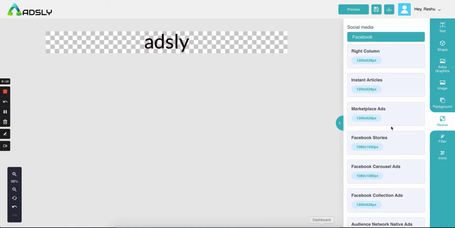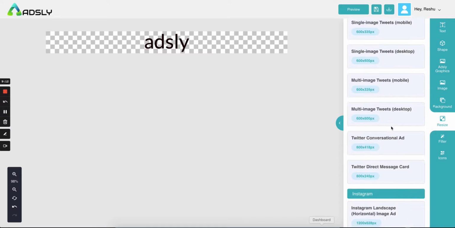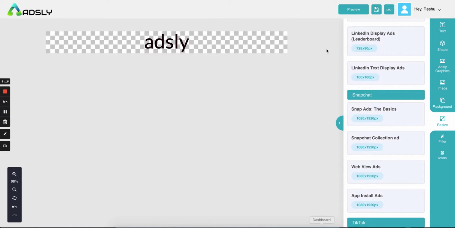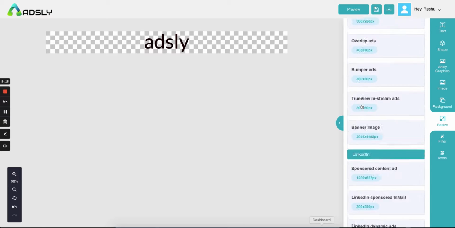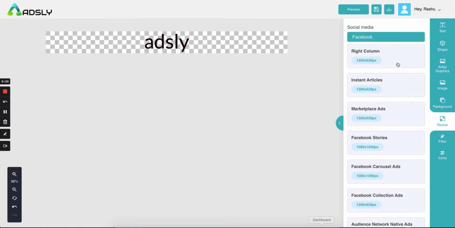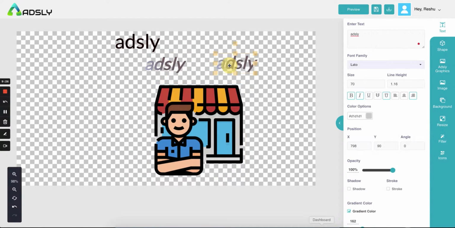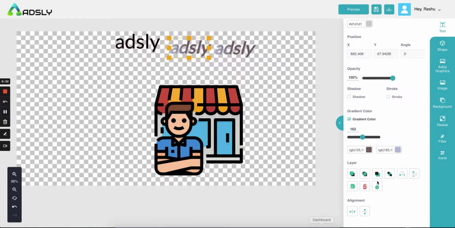Now in the resize option, you have got all the ad placements over here, and you can resize this particular ad into that ad which you want. Let's say Facebook right column ad. So right now the ad has been resized. So here we have the Adsley duplicate copies. Let's delete them for now.